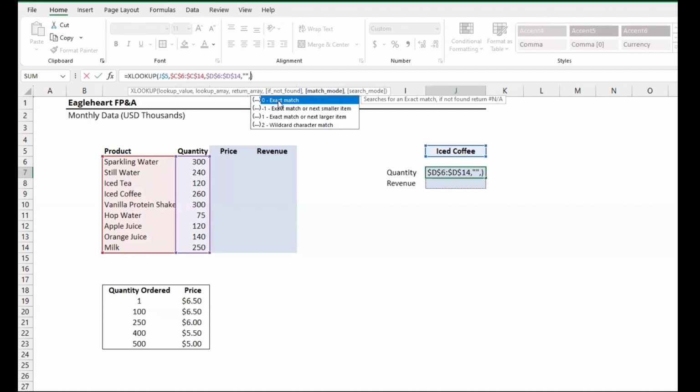or exact match. Occasionally you might want to use -1 or 1 to tell it to look for the next smaller item or even next larger item. But in this case, we want to leave the 0 of an exact match. There was also the option of a wildcard in case you don't find an exact match, but that's only if you have a product name or a lookup value in which it's not exact. But in this case, we do have an exact match, which is why we're going to put